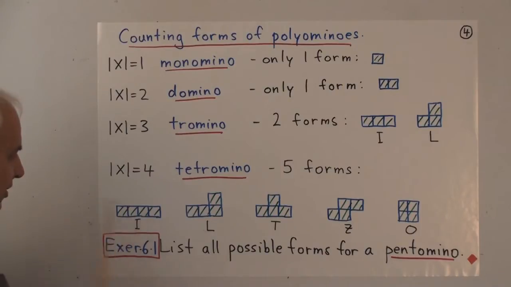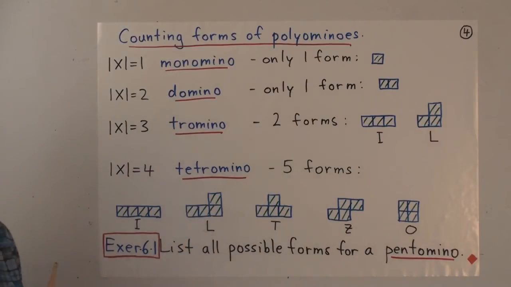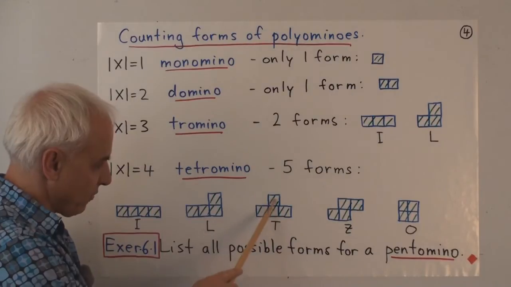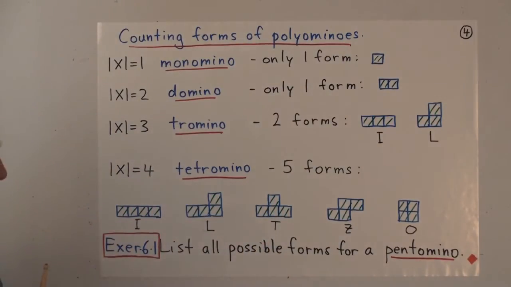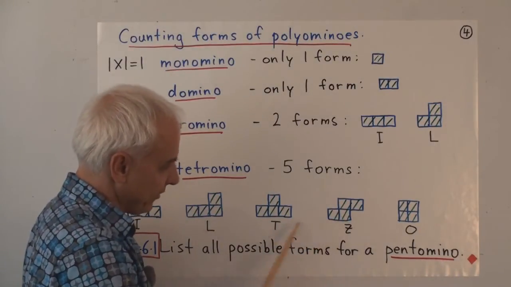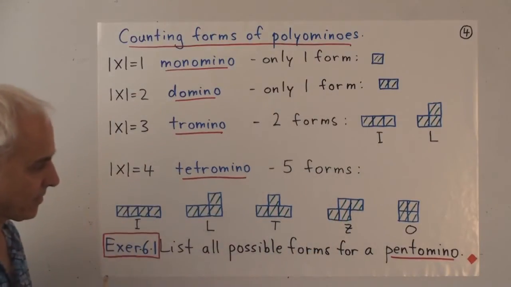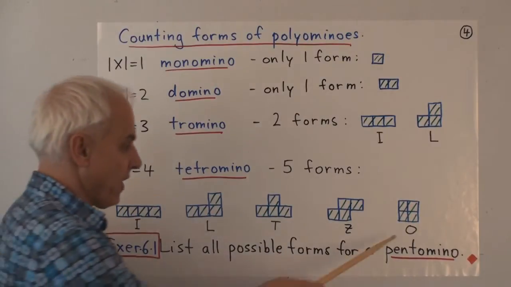This one here, where they're all in a row forming a rectangle. This one here, which is an L-shaped one, give it the name L. This one here has a base of 3 with sort of 1 on top. That's naturally called a T. And this one here, called Z, looks a little bit like a Z. It's got 2 on the bottom and 2 on the top. And this one here, which is just a square, we might call that O.